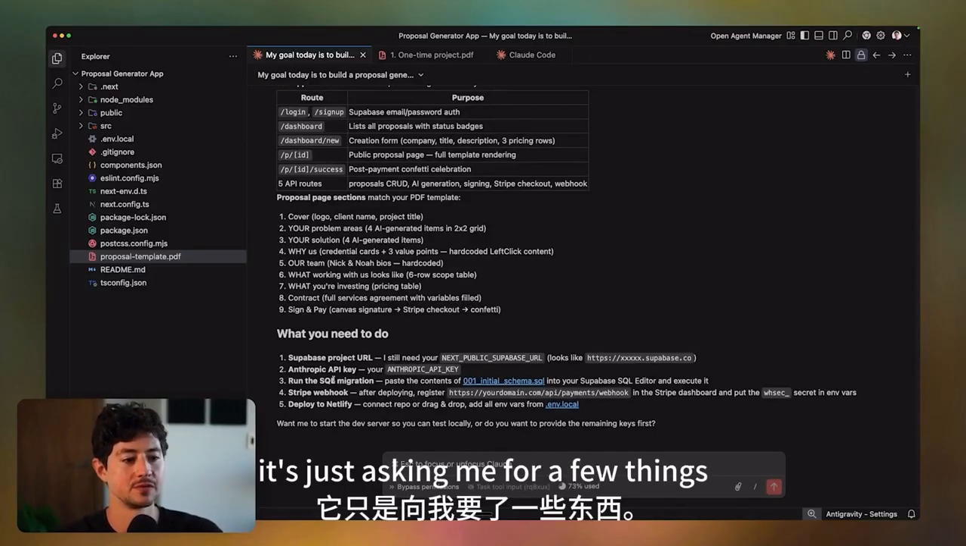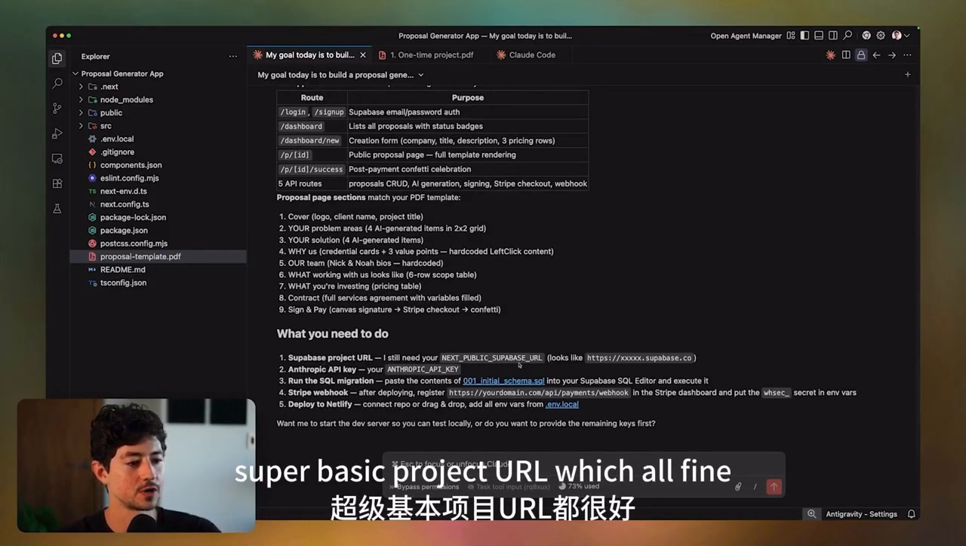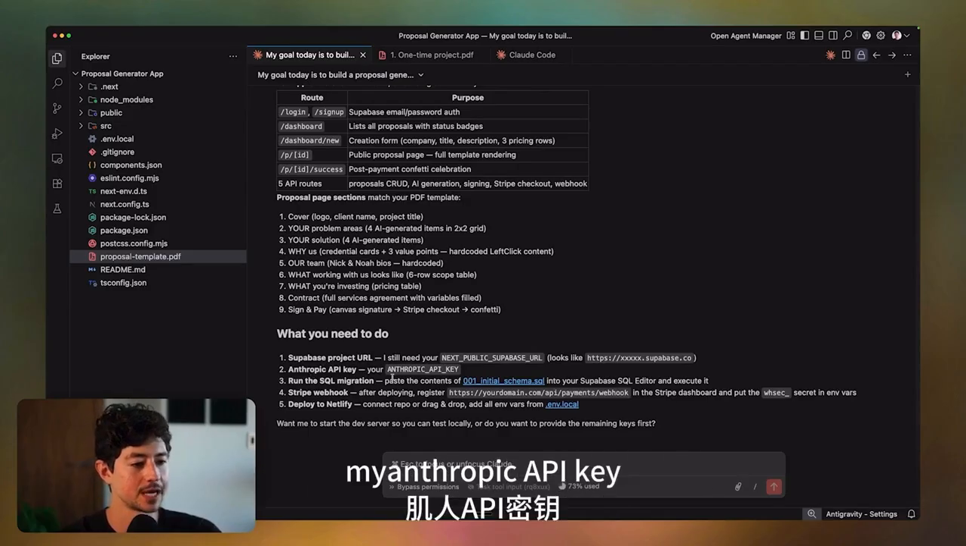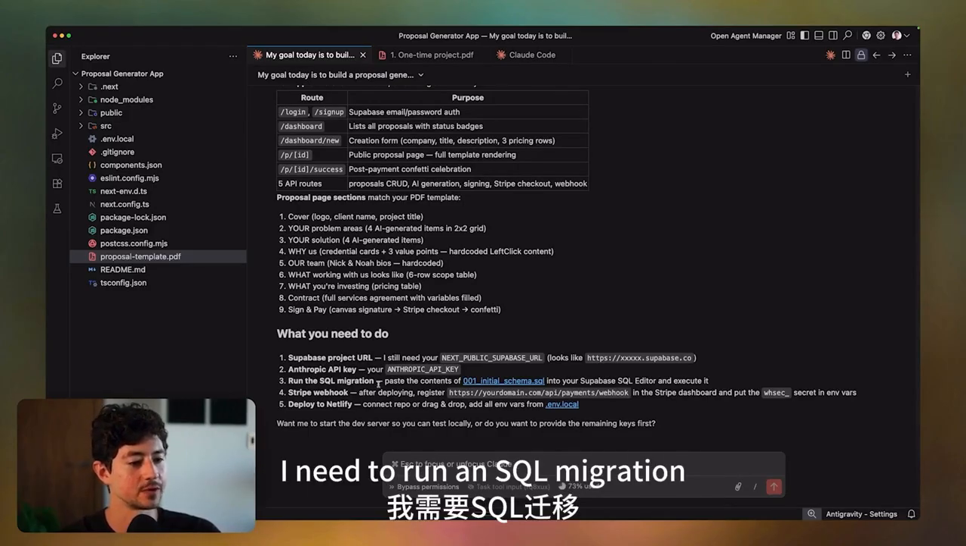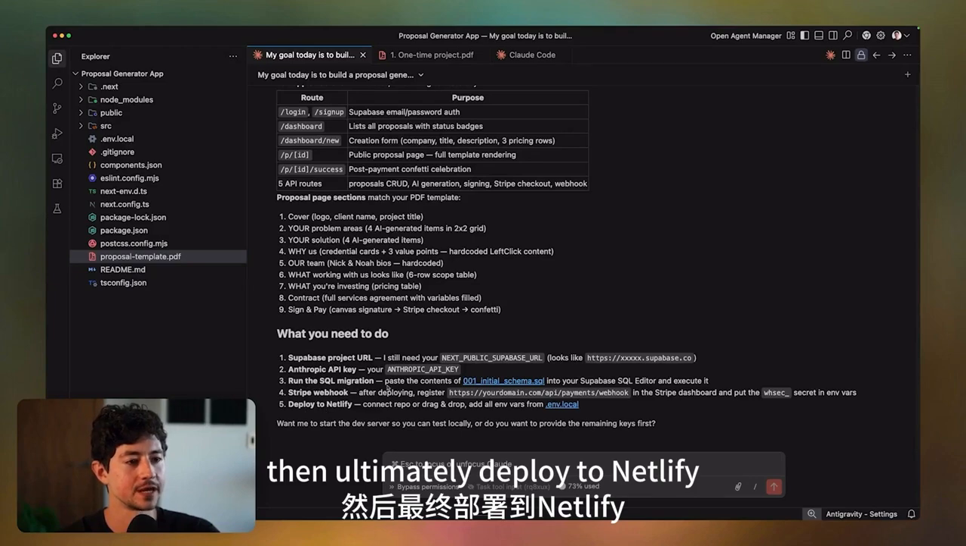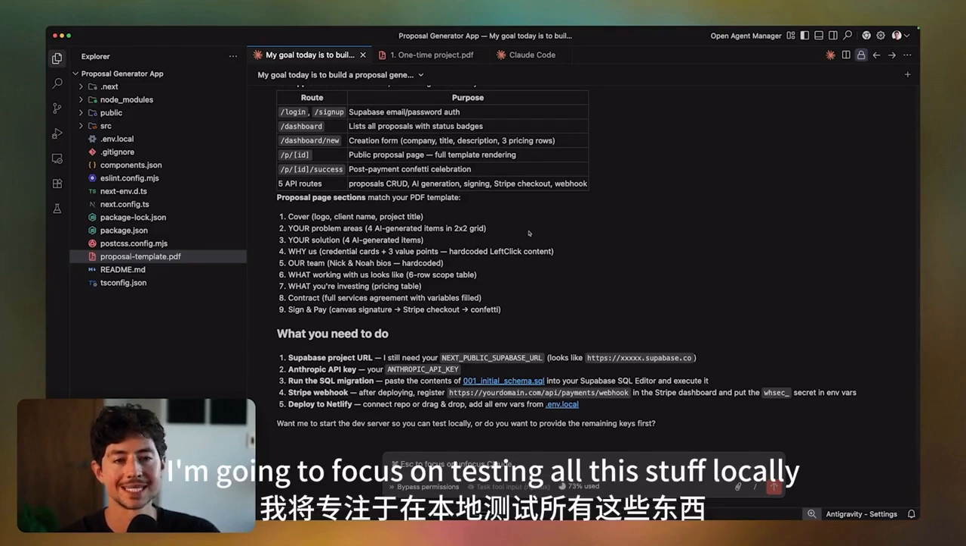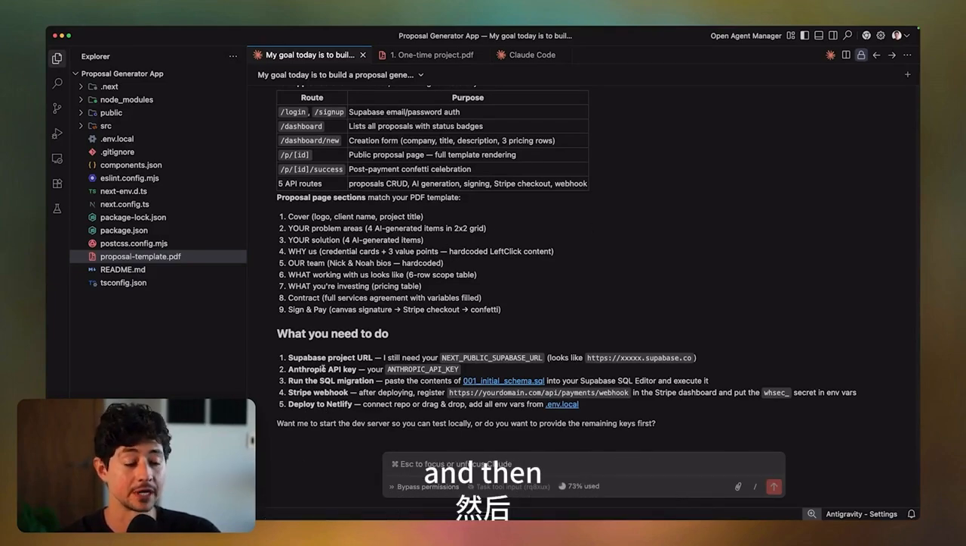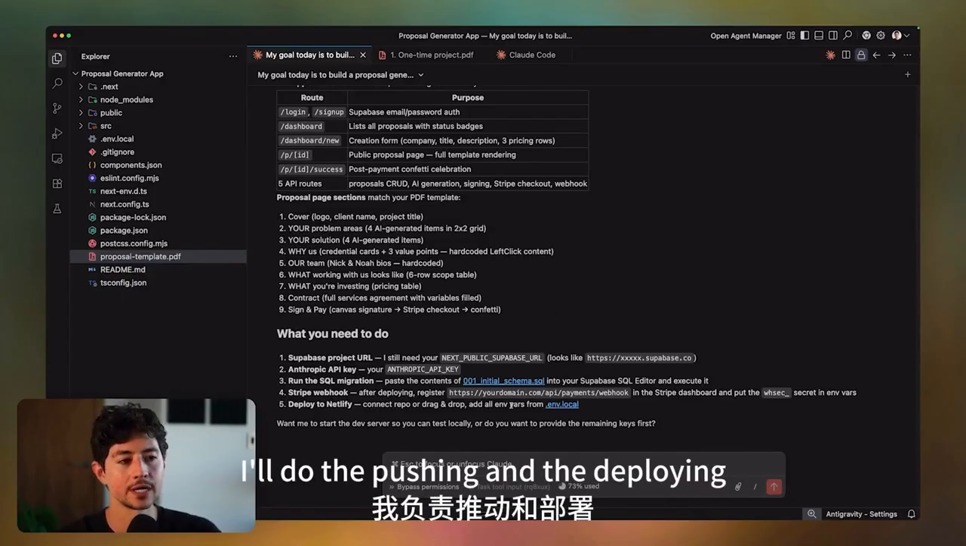good to go. It's just asking me for a few things. Supabase project URL, which I'll find, my Anthropic API key. I need to run an SQL migration, give it a Stripe webhook, then ultimately deploy to Netlify. What I'm going to do is focus on testing all this stuff locally, and then I'm going to give it access to all this information. And then after I'm done, I'll do the pushing and the deploying, and I'll run you guys through what that